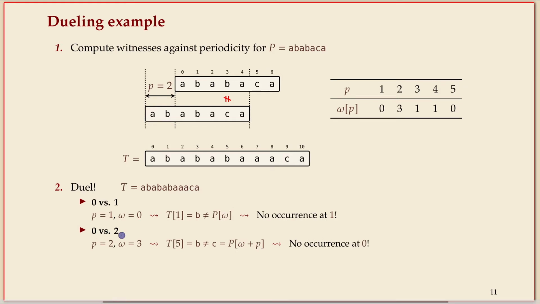Let's play position 0 against position 2. So remember, after this first round, 0 was still in the game. It could turn out to be a match from what we've learned so far. So we now play 0 against 2. Again, we have a witness against this periodicity, so we won't have a match at 0 and 2. And in this case, the witness says we check position 3. And if you compare the character at omega plus p with